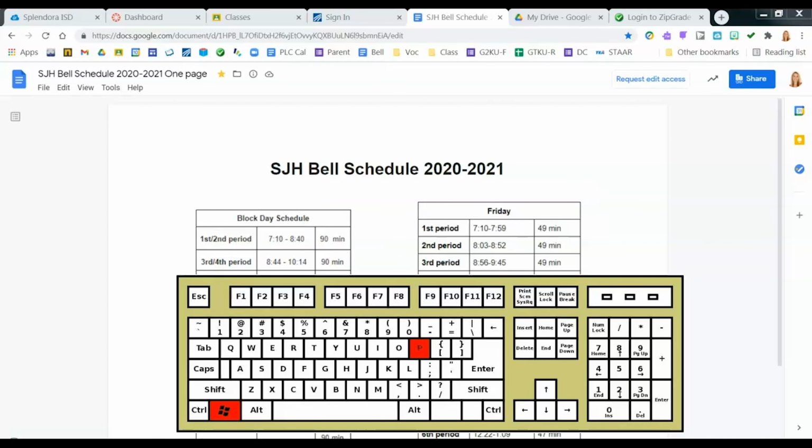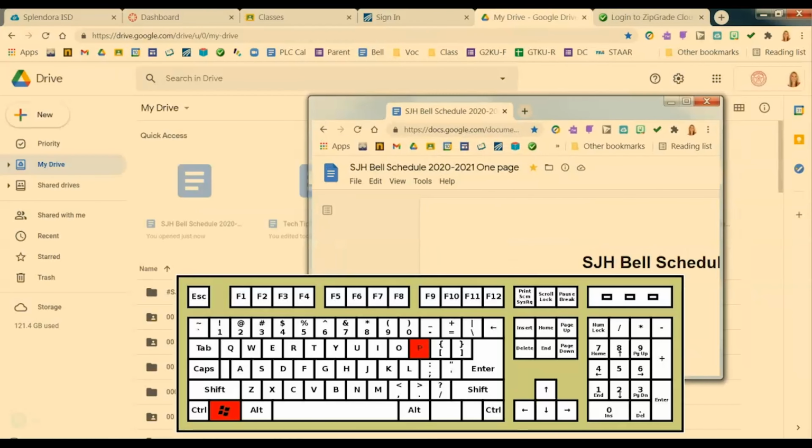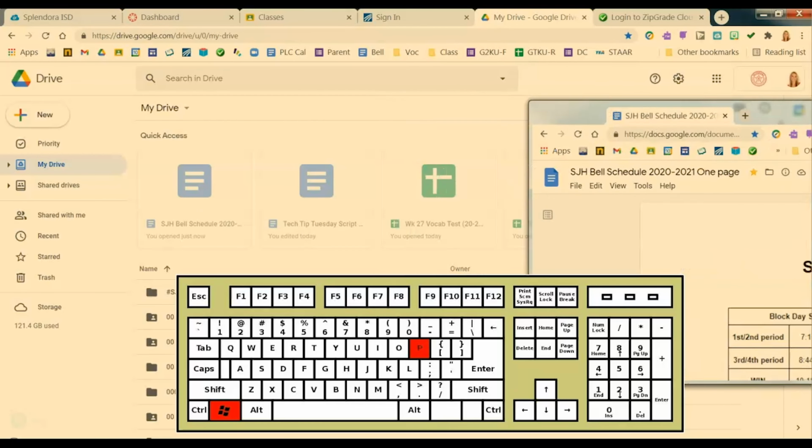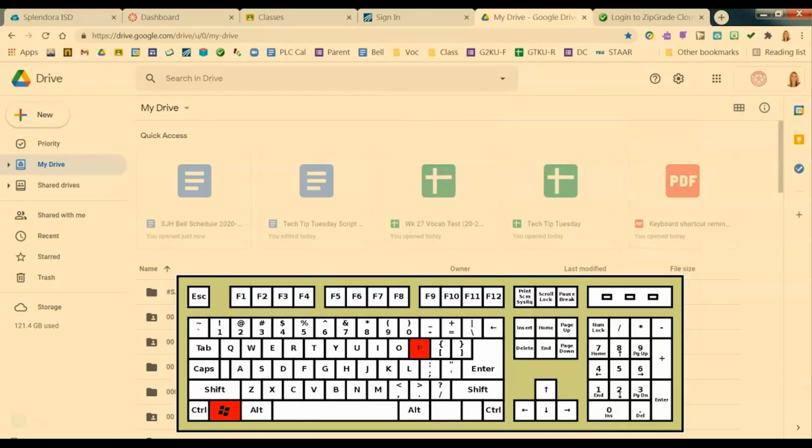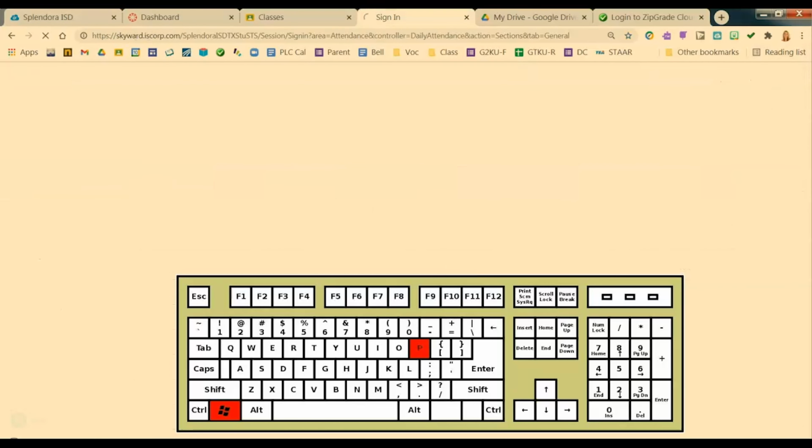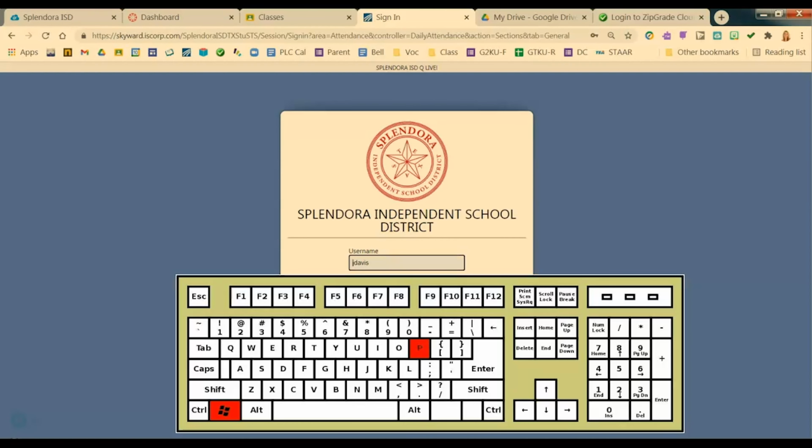And what that does is now what is being displayed on my overhead projector is different than what is being displayed on my computer screen. And so I grab the tab that I want to show my students, and I just simply drag it off to the right side of my computer. And now that is being projected on my overhead screen. And so what I am doing on my computer is no longer being seen by my students,